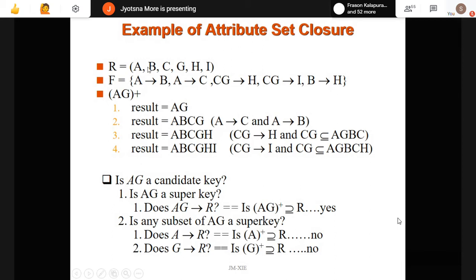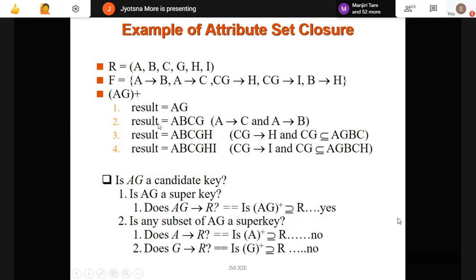Now in this, I will consider one by one relation. I have taken A determines B and A determines C. With which rule can I apply over here? I know that A is a part of this result, right? So A determines B, B will also join to this. Similarly, A determines C, so C will also join to this. So I have written in order A, B, C, G. Here is now my result value, right?